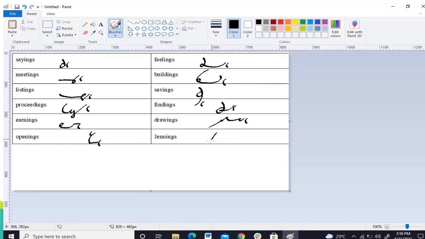Next, we have Jennings. So Jennings is a name, it's a noun, a proper noun, so it has a capital symbol. Okay, let's repeat the "Jen". J-E-N-S, and then our capital symbol. Okay, so that is how you stroke our "ings". Okay? So now, let's move on to the last part of our lesson.